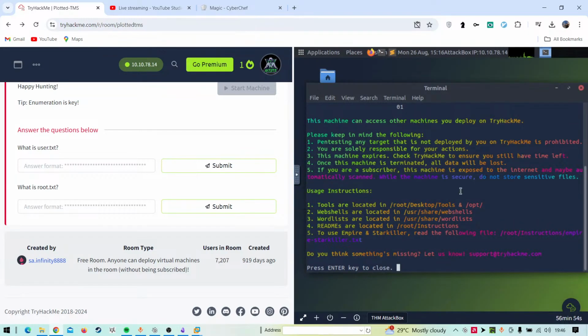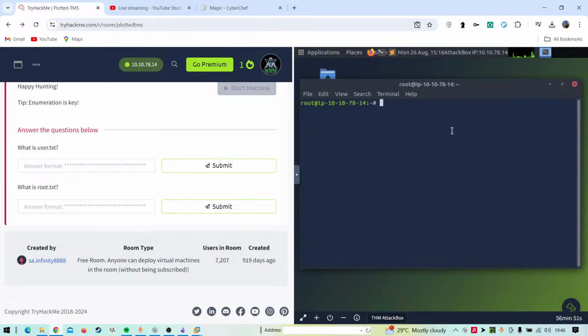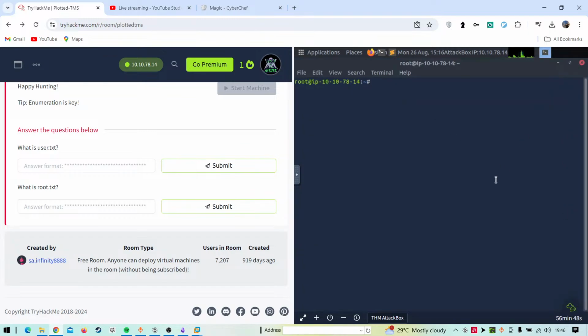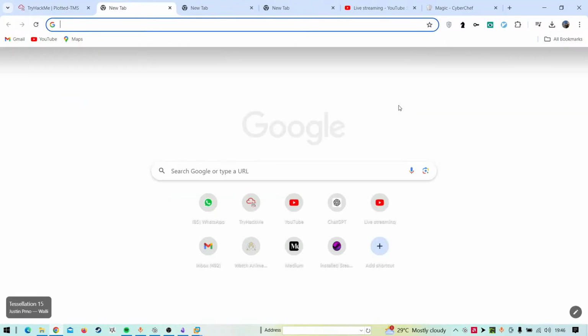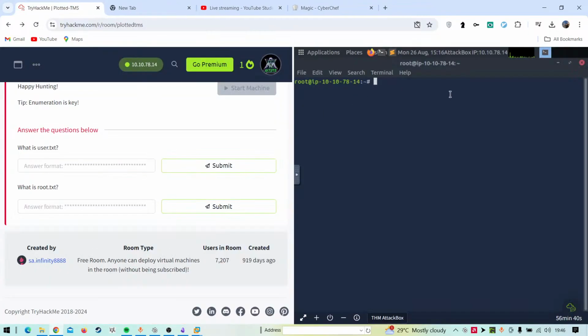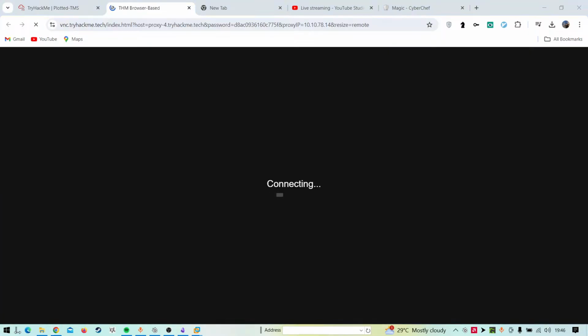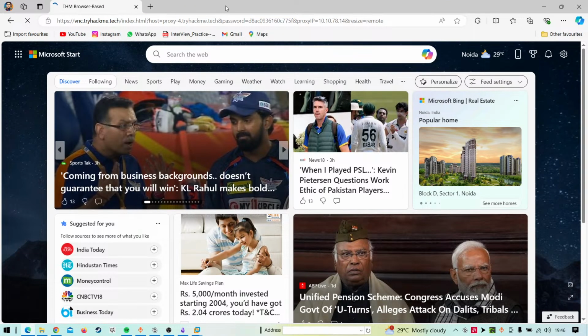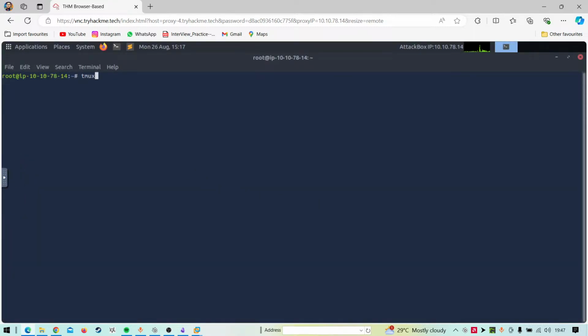Okay, finally our machine is ready. So we'll open up a terminal and it's full screen. Okay, I cannot even type. What's wrong? There's something wrong. Just copy this, paste it. Oh yeah. So I can now run tmux new -s and let's say fuzz, and we can actually fuzz.